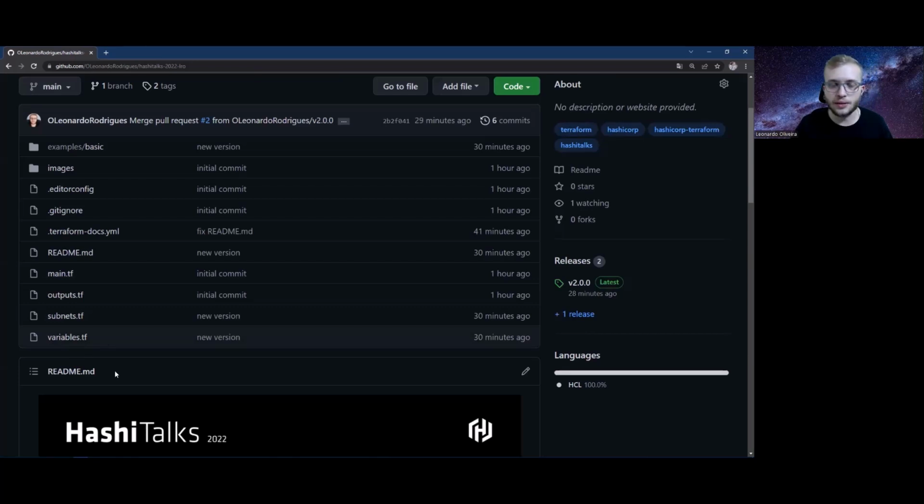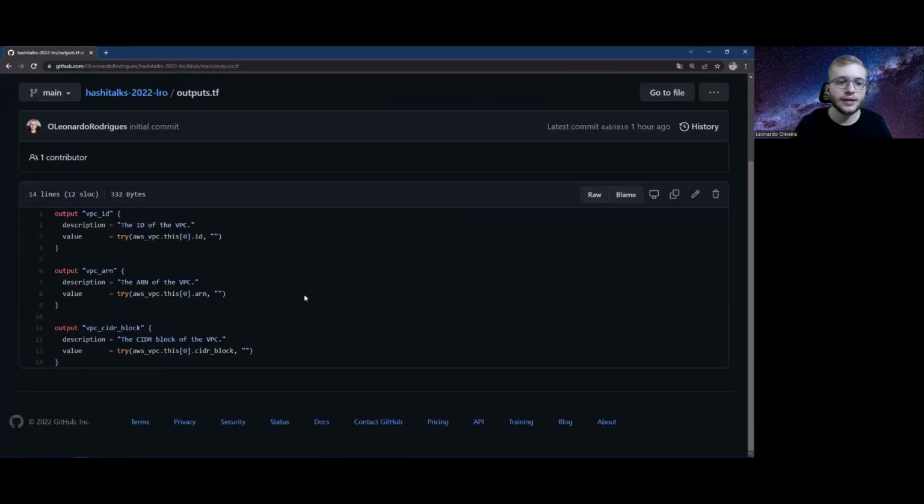Now back to the main folder, to the root of the repository, we have the outputs file, which is a very interesting file. It shows us a few pieces of information about our module, of the resources deployed by our module, and it should not be empty. Most of the time, when developing a module for a company to be used over and over again,